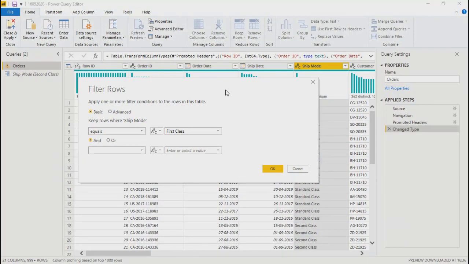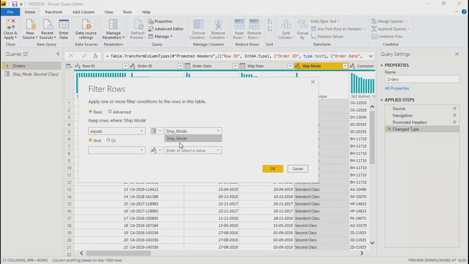First class. If you want to associate this with your parameter, where you have flexibility to choose any of your values, you need to click on this ABC, and select parameter or new parameter, which means this allows you to select your existing parameter, or you can create new parameters also. Then you select parameters, and you can see the list of your parameters.